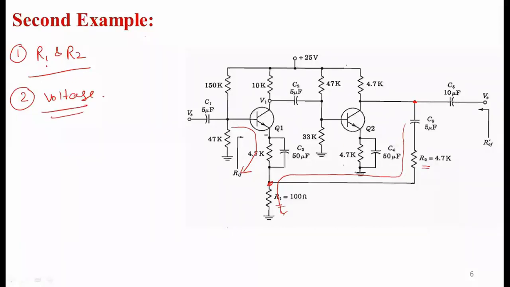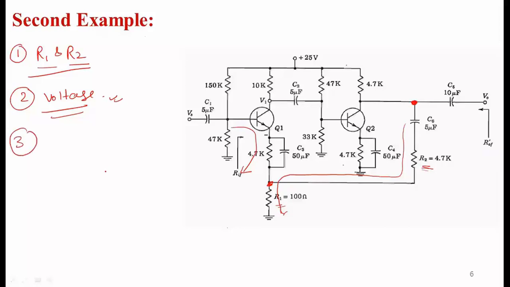Again I discuss, since the feedback components are R1 and R2, for the voltage sampling, the output voltage node, this is the output voltage node and this is the input circuit node, so this is common through the R2, so we can say that this is the voltage sampling. Third one, we have to find the connection at the input side.